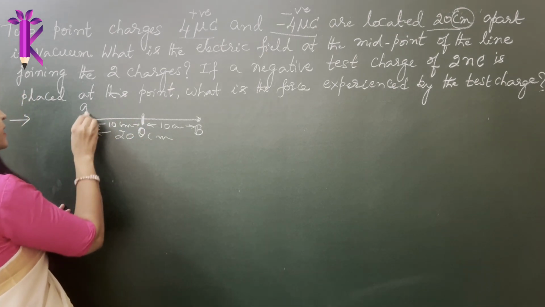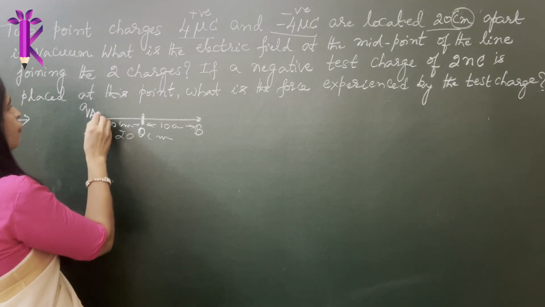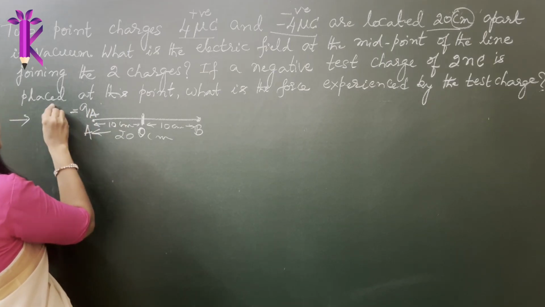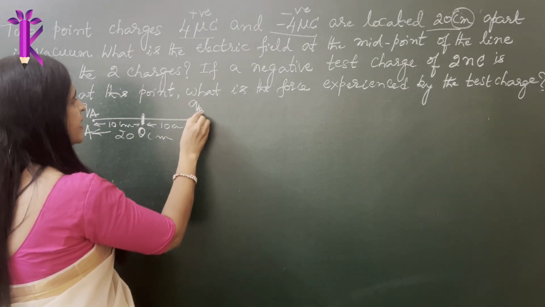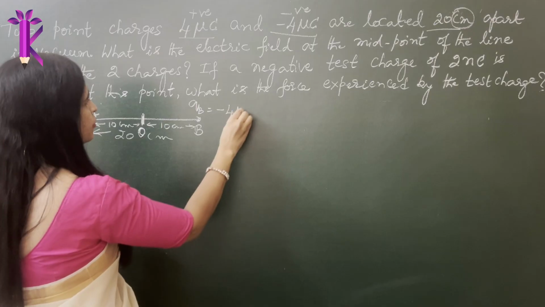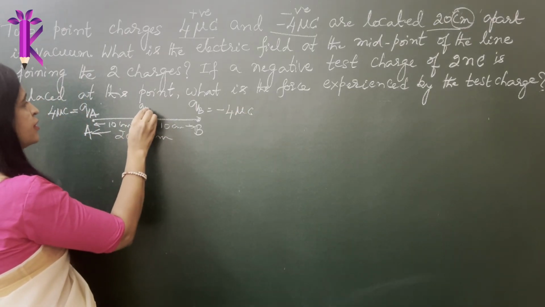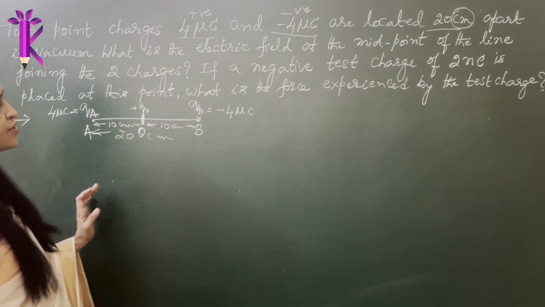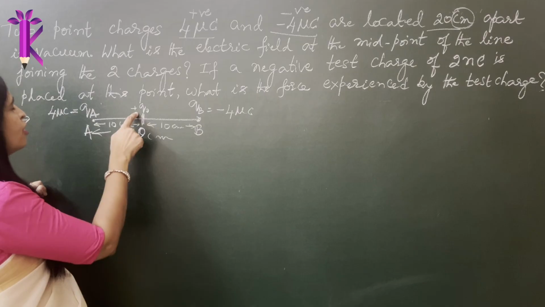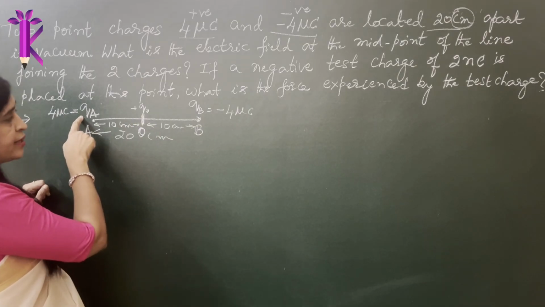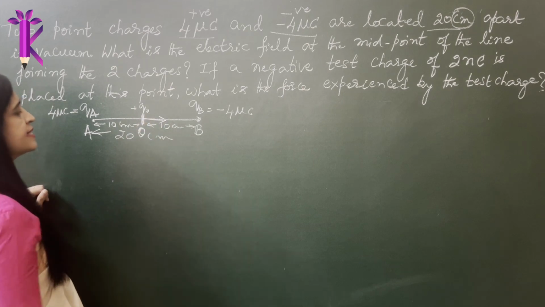Now here is a test charge, positive charge of 4 microcoulomb, right? This is plus 4 microcoulomb, whereas this QB is negative, which is minus 4 microcoulomb. So any charge which is Q naught, which is assumed to be the test charge, it is always positive, would experience a force of repulsion from the positive charge, like charges repel. So it repels in this direction.